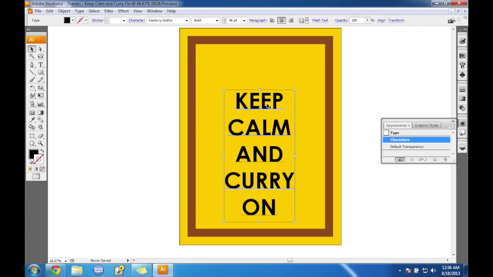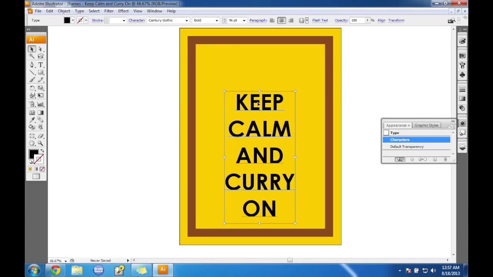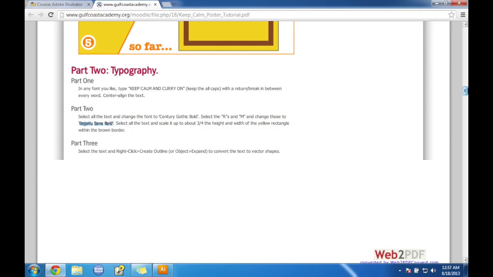And remember, the bottom 75%, because what's going to go here is a logo, which we will only use the brown to design later. And we will do that in a minute. But this should be good right here, bottom 75%. And we're going to move on. But before we move on, like I said, we don't have DejaVu Sans Bold, so we need to figure out what font, use your text tool, to change the M and the R's. Because if you look at the original poster,